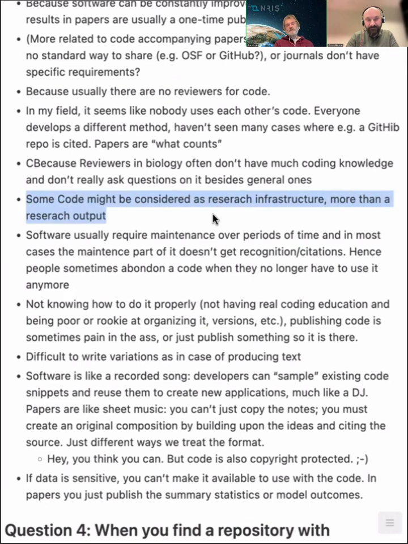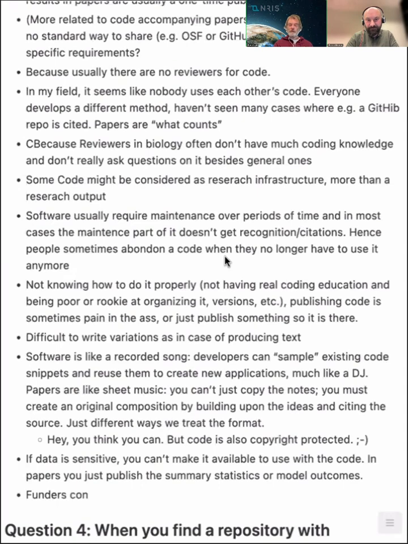But if code has to be maintained and improved, these add-ons and changes are often results of research.